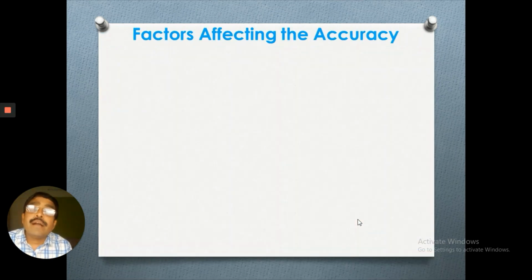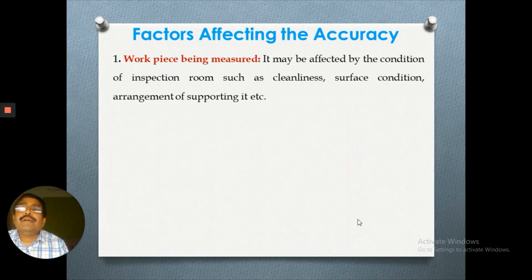Then factors affecting the accuracy. There are a number of factors here. We'll see the first one, workpiece being measured. Whatever the room conditions are, it should be very neat and clean. If the proper inspection room and proper conditions and neatness are there, then the accuracy will not be affected. But if it is not proper, naturally it will get